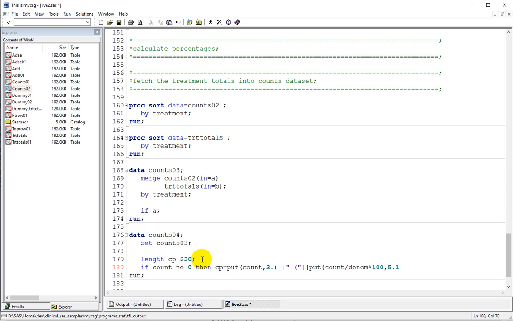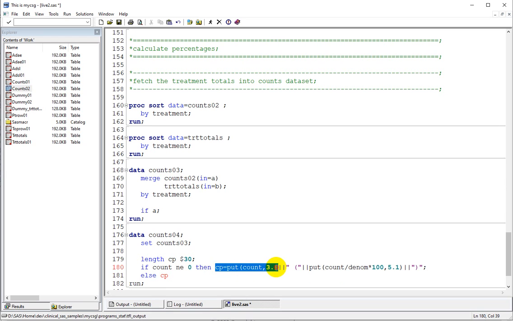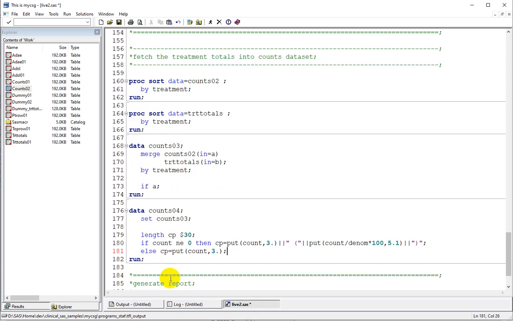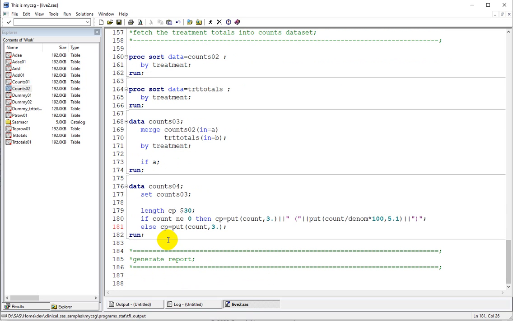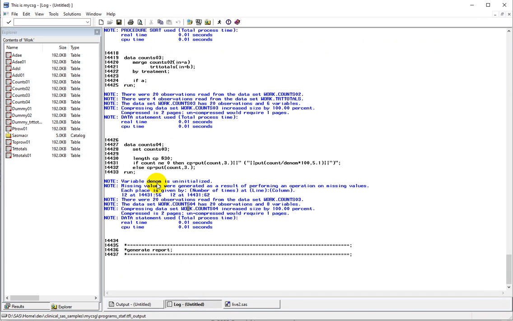I am using a 5.1 format to convert the percentage to character value. And then else, when the count is 0, we just want to present only the frequency but not the percentage. So we used this. Let us run the code till this step and then see how things